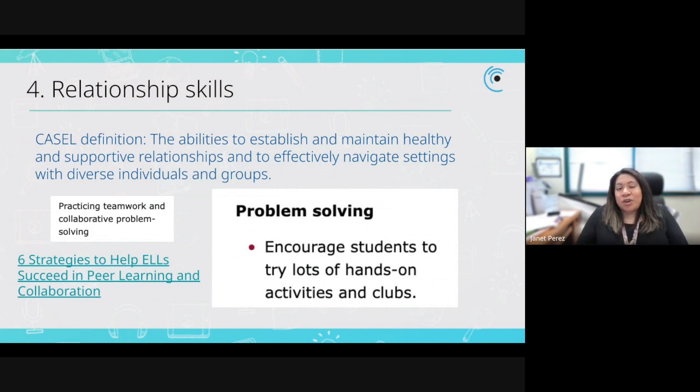And then we also do parallel lines in my classroom, where we have the two lines, and line A shares first and then line B will share, and we'll rotate so that everyone gets to share at least two, three times. And then another one that we like to do in my class that my kids really enjoy is,